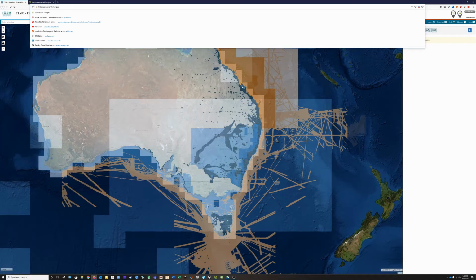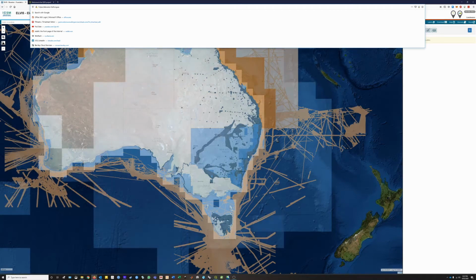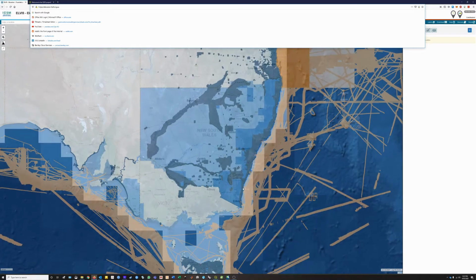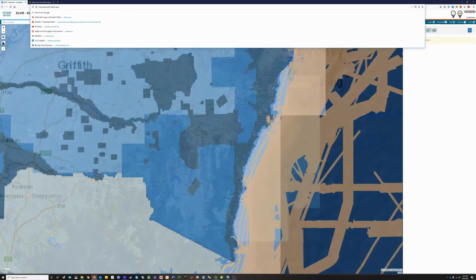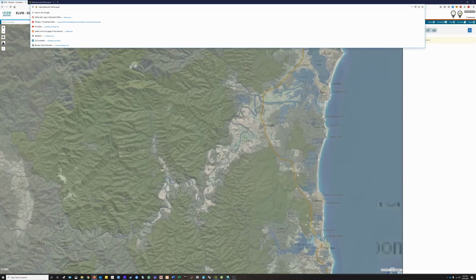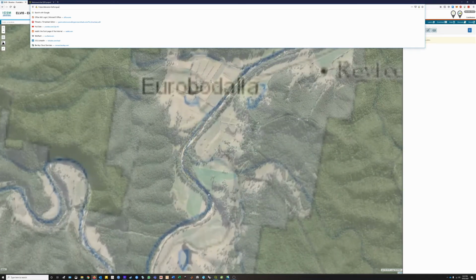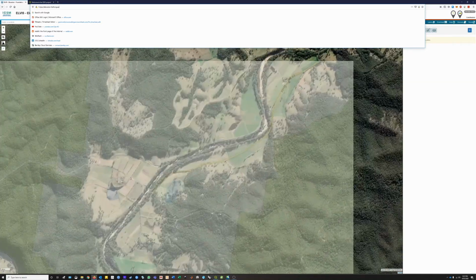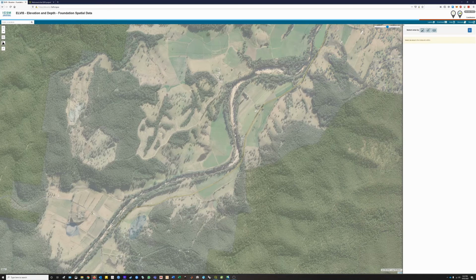You see all of these blue areas pretty much have available elevation data, and these orange areas have bathymetry data. So if we want to zoom in on an area where we're interested in, for example here we have a current project in this area, in here, here. Okay, so if you want to just search that area,